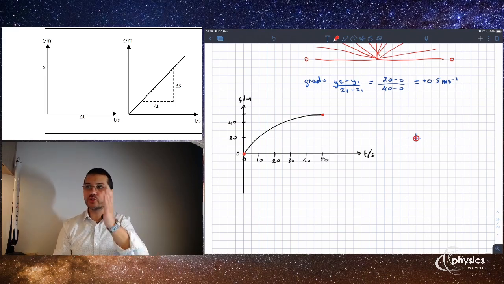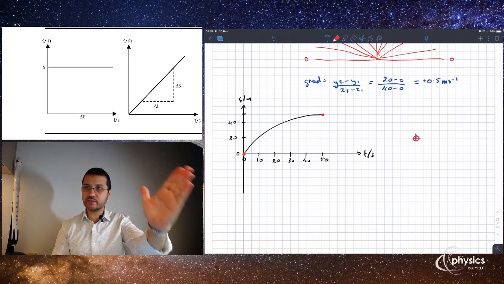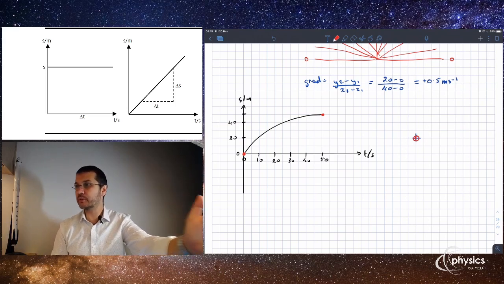And you start your stopwatch when the athletes are exactly in front of you, they are not starting from 0